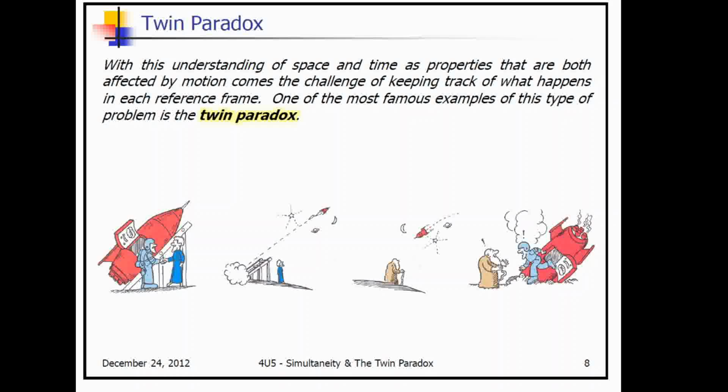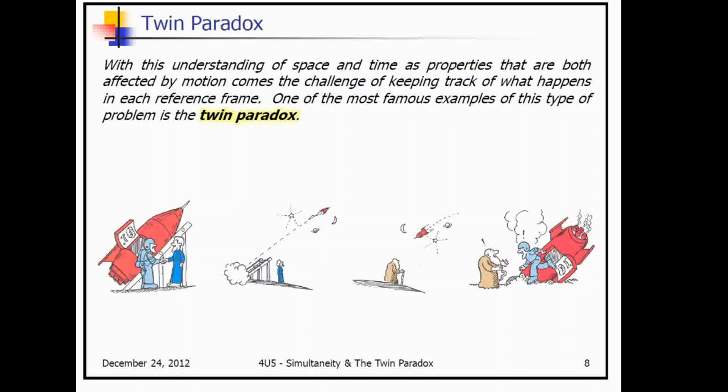So another concept here that is a bit related to simultaneity is the twin paradox. And this is something that's pretty well known in physics. It's kind of branched out into popular physics. And this is the idea that a person who is traveling at near light speeds will age less than a person who is traveling slower than them, or relatively slower than they are.